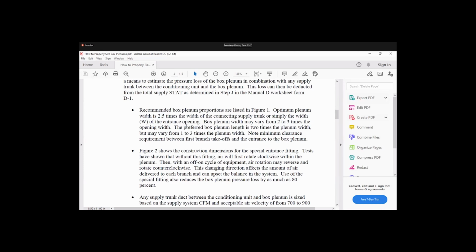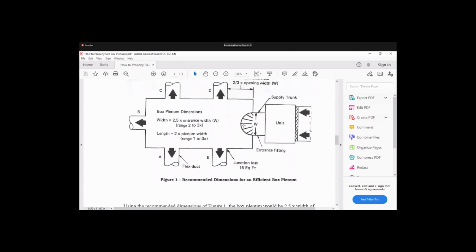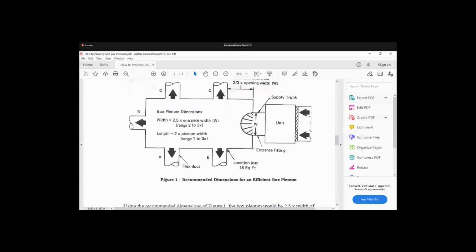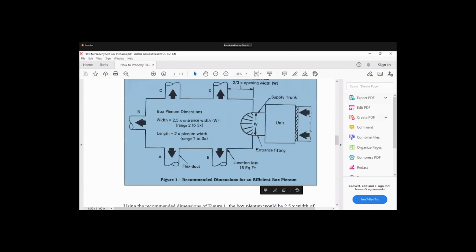The preferred box plenum length is 2 times the plenum width. So now the length should be 2 times the width. The width of the plenum should be 2.5 times the width of the supply trunk, and the length, from here to here, should be 2 times the width of the plenum.